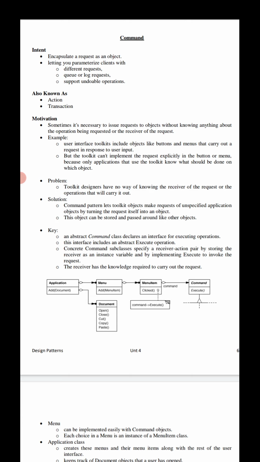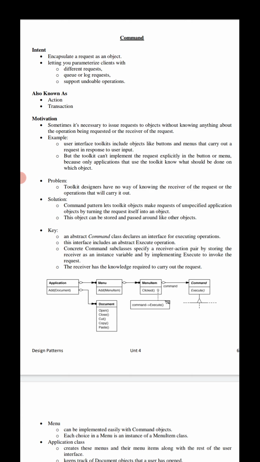Here, let us take a real-time example of the command design pattern. We move to the restaurant. The customer, the client, gives an order to the waiter, whatever they need, like food or snacks or drinks, whatever it may be.